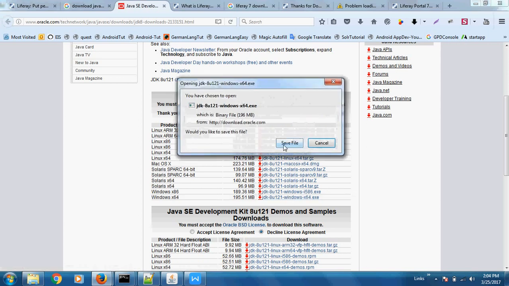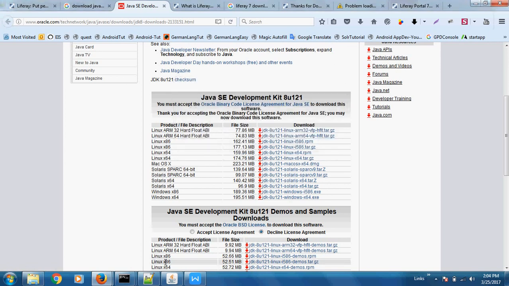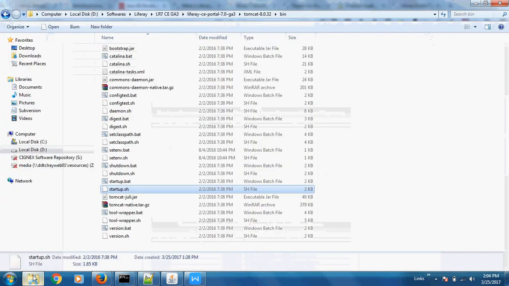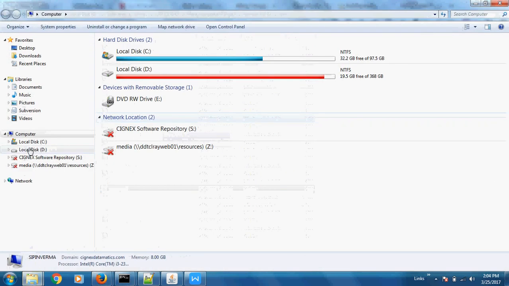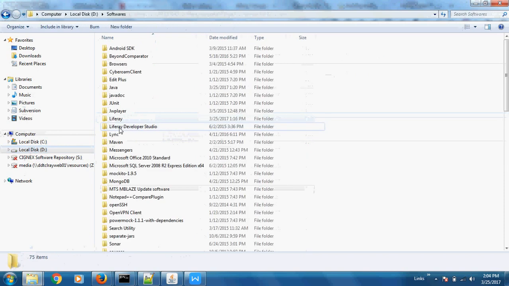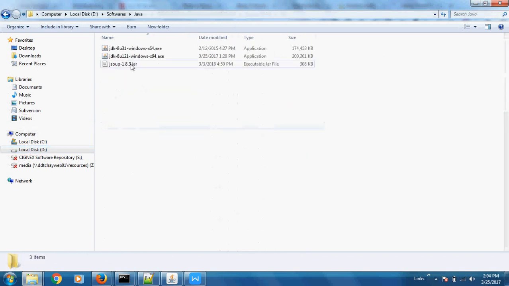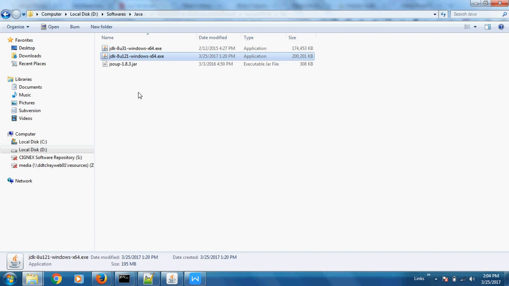Save the exe. I have already saved it, so I will not save it again. So I'll show you that. Here you can see I have downloaded this JDK 8 update 121.